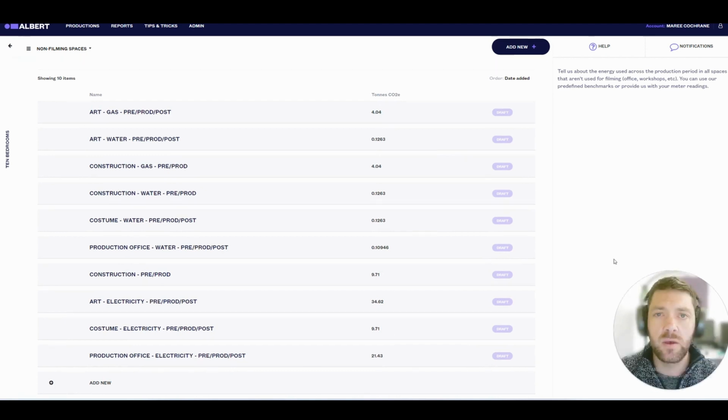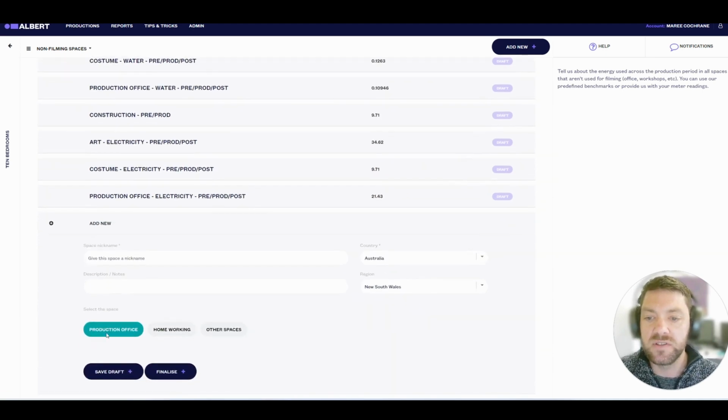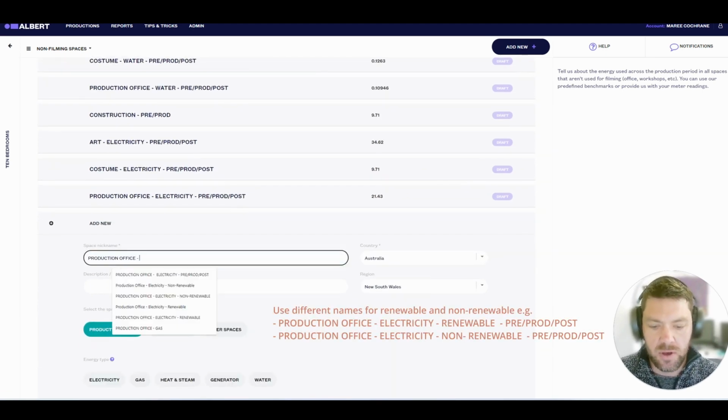What do you do if some of your electricity is from a renewable source and some of the rest is from fossil fuel generation? Well, the best way to handle this is by putting in two separate entries. Let's give you an example now of doing some renewable energy. So we'll put in the production office, and this time we're going to